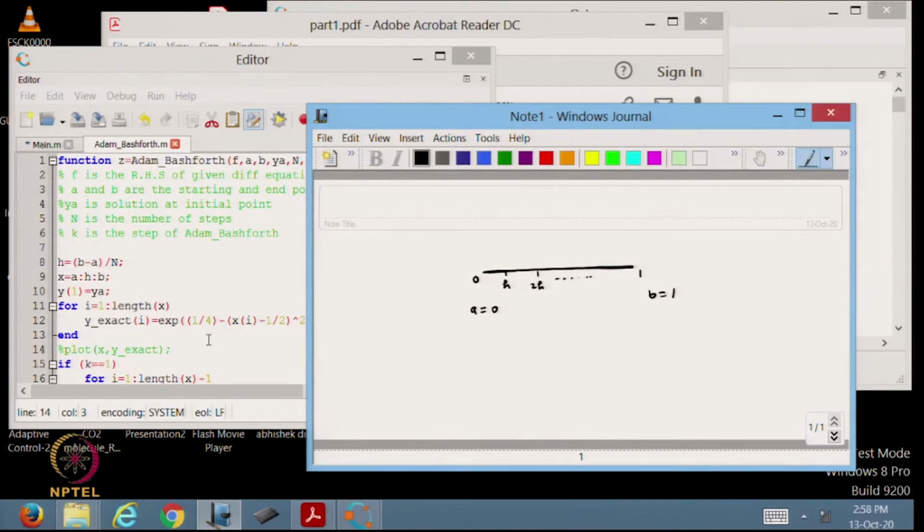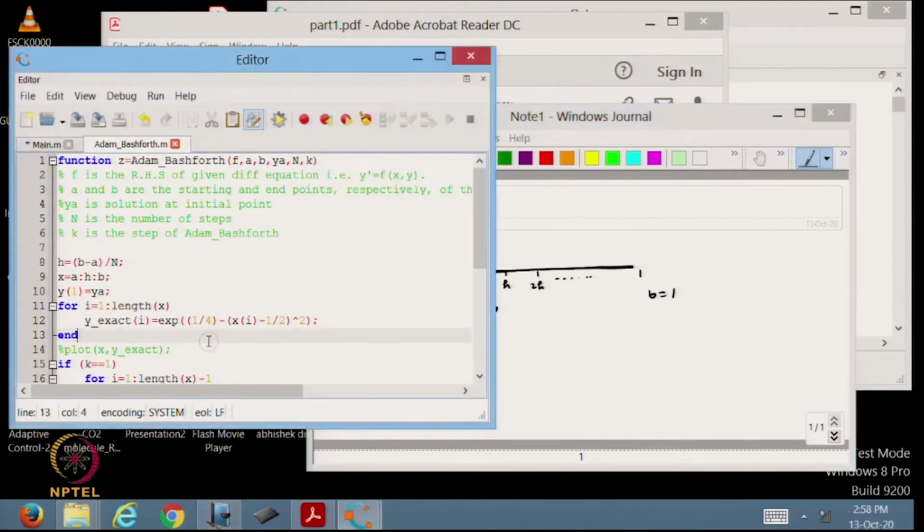After that, again we are using a loop for i is equal to 1 to length of x, and then we are sampling the exact solution, which we already know, in the following form. So, this is the exact solution of our initial value problem.